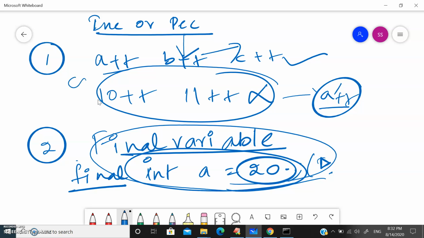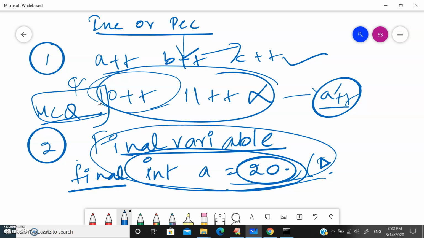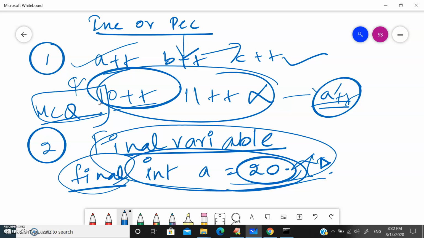These are the two most important MCQ questions you can expect in your interview. So the first thing you need to remember is to apply the increment or decrement operator only to a variable, not to numbers, characters or strings. And for a final variable, we can't increment the value. Once we declare a variable as final, it is fixed and you can't change the value. If you try to apply an increment or decrement operator, it will throw an error.